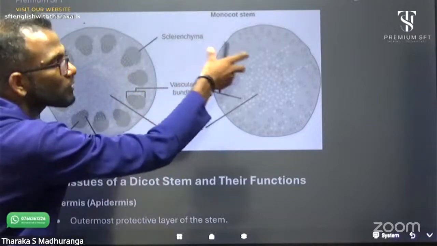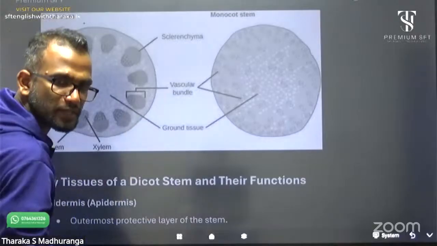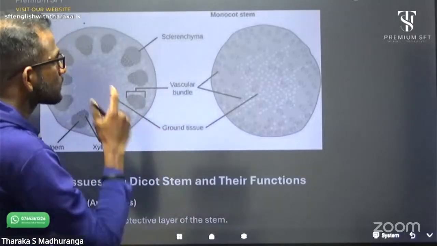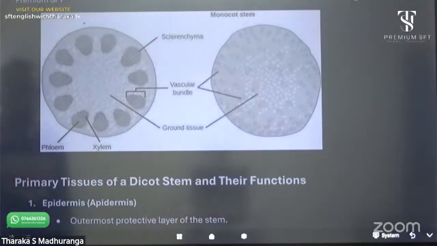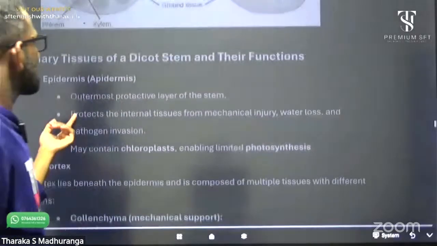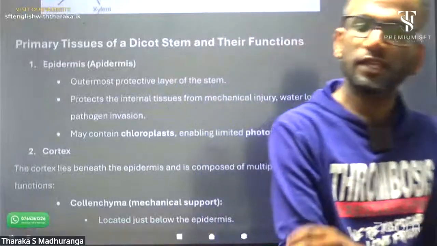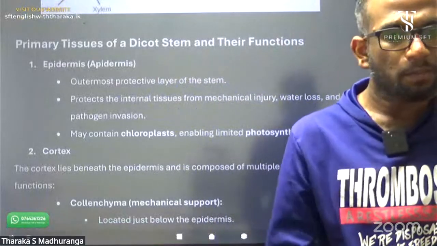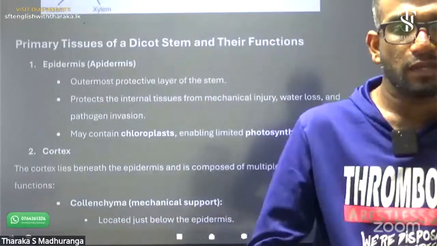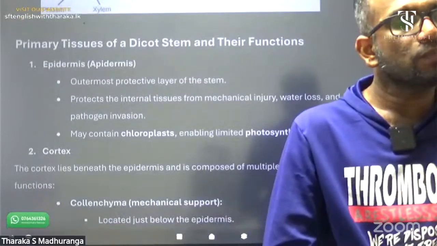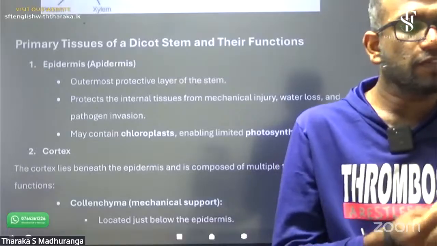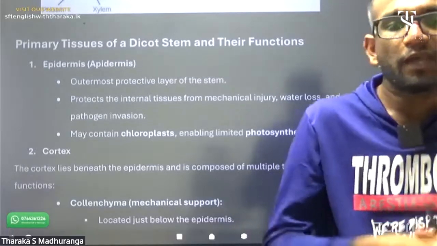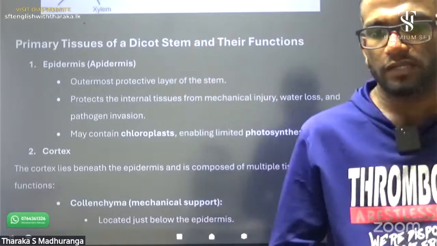Dicotyledons and monocotyledons. This diagram is very complicated, that's why I gave you each part as clear and simple diagrams. Up to now, okay. Now we are going to move into secondary growth. Before secondary growth, you should have a full idea about primary growth.